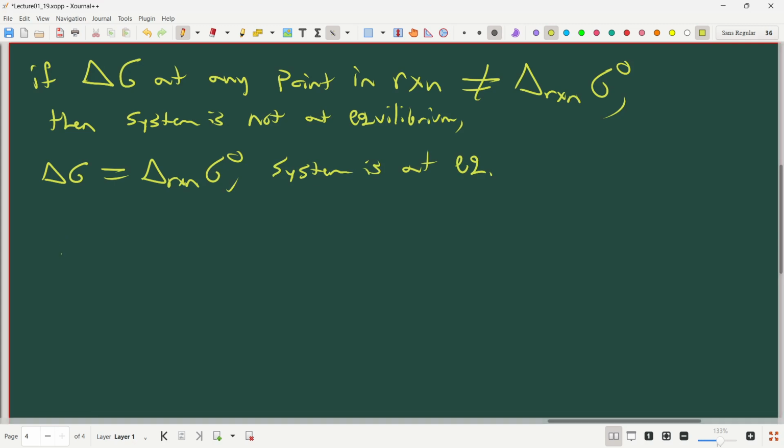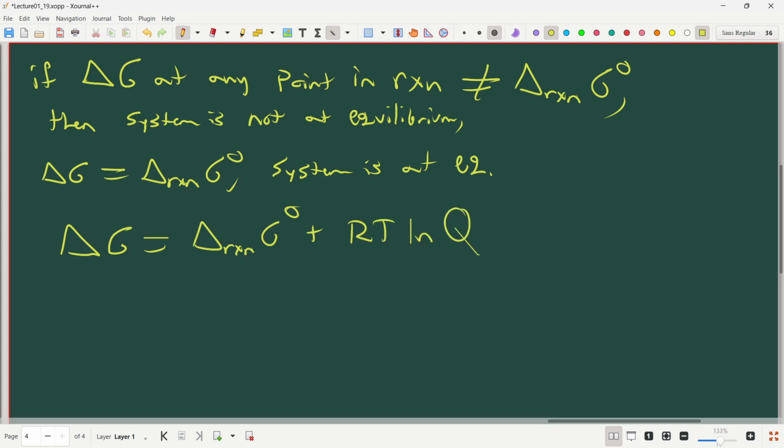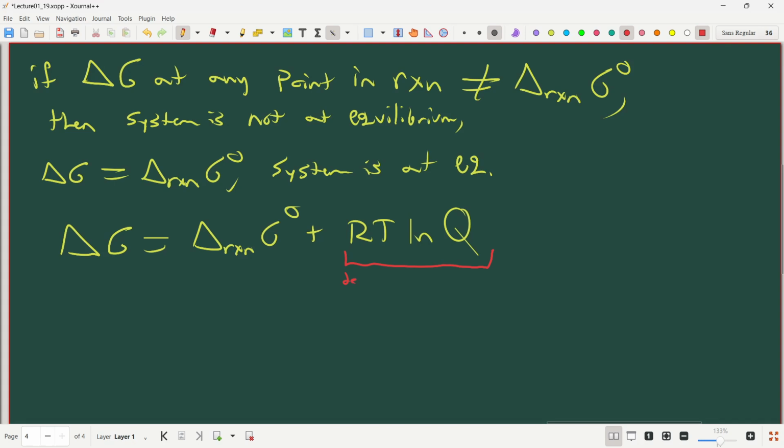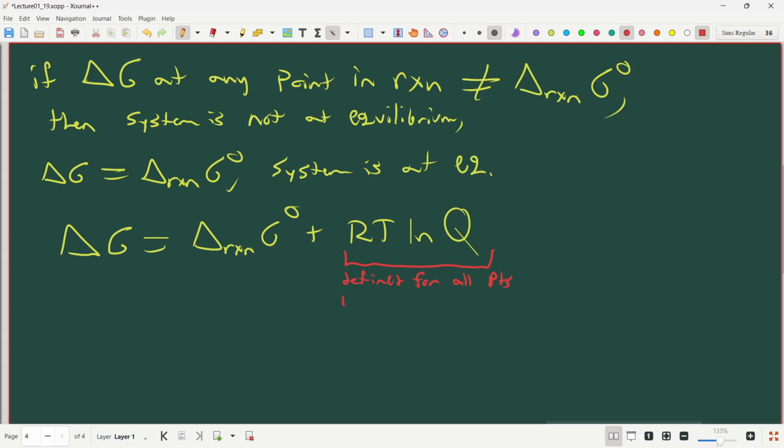Right? Because we have delta G is equal to delta reaction of G plus RT ln Q. And this Q term is defined for all points where the chemical potential of A may not be the same as the chemical potential of B,